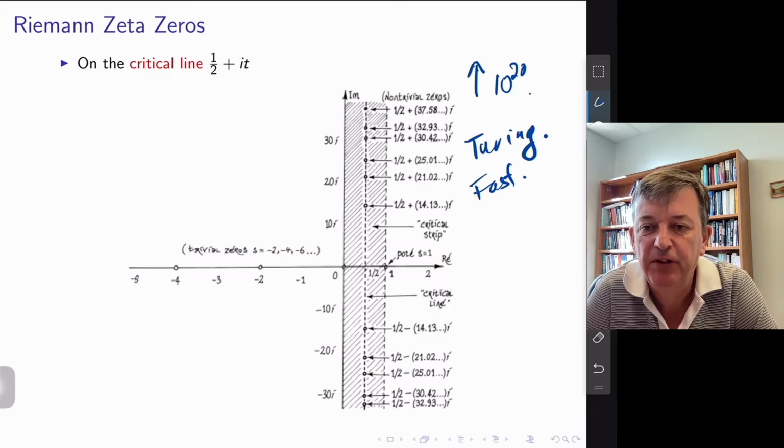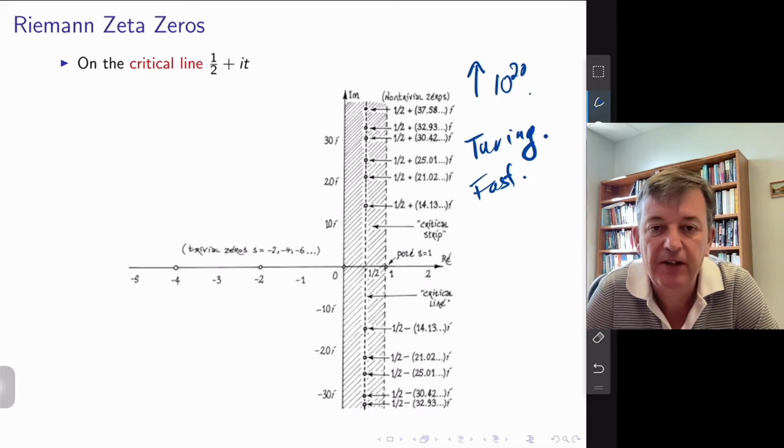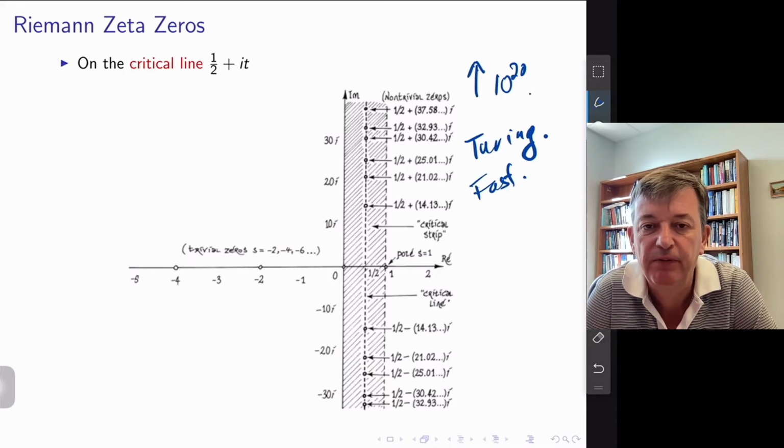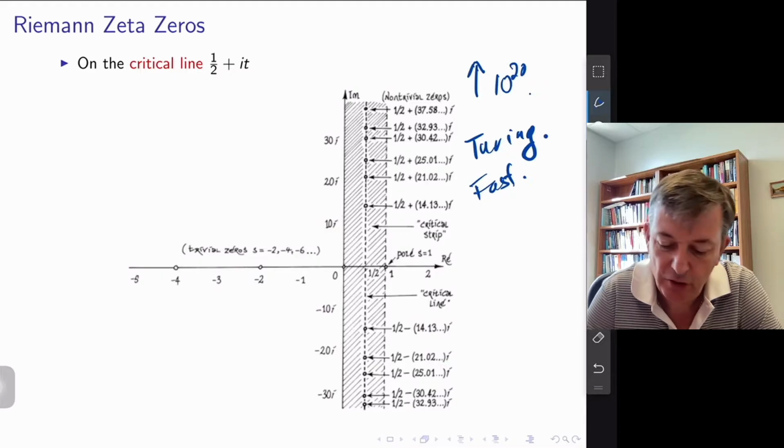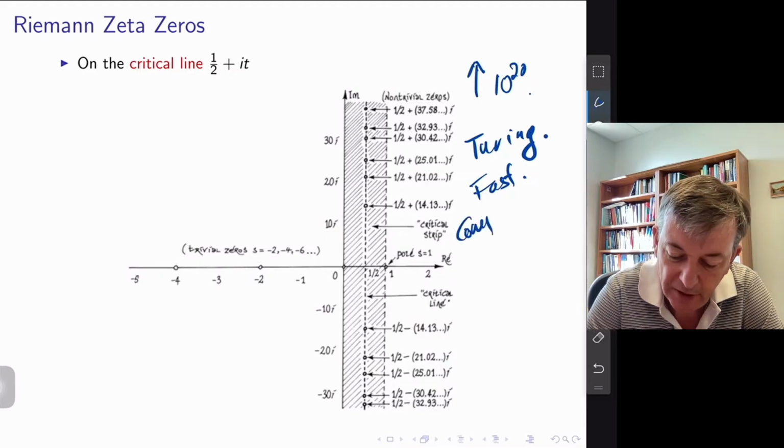And actually he thought that the Riemann hypothesis was wrong. So his idea was just to keep on calculating all the zeros, and hopefully he would then find one that was off the line, and hence the Riemann hypothesis would be false. So he had a computational approach to try to disprove the Riemann hypothesis.